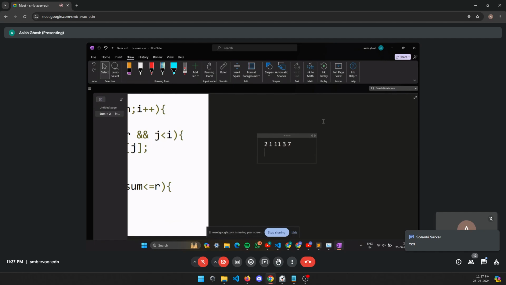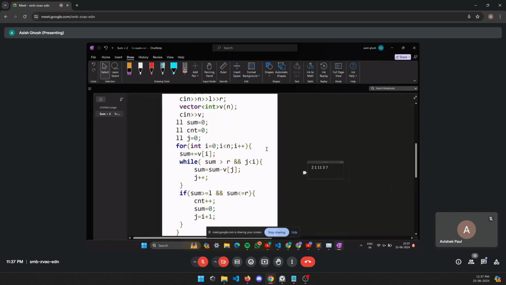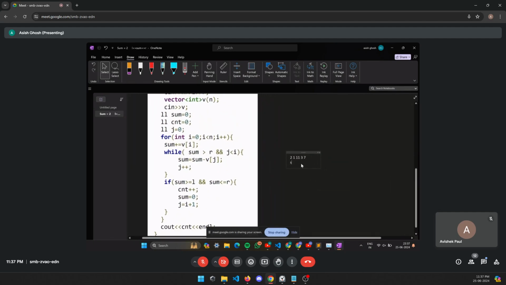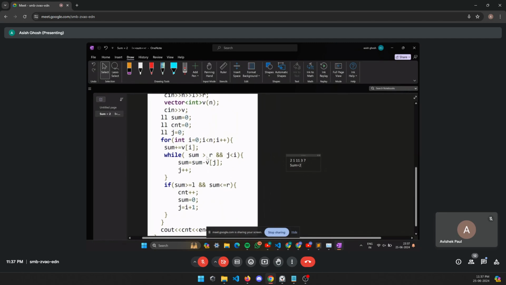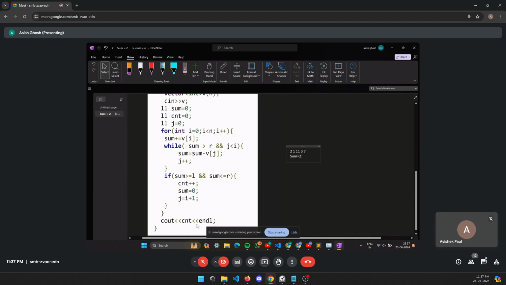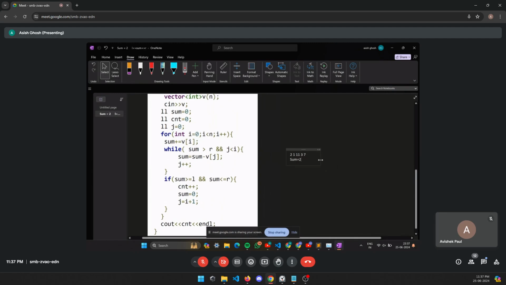ठीक है, तो देखो, मैं बता रहा हूँ फिर से। i equal to 0 है, उसके बाद j भी 0, और सम क्या हो जाएगा, सम इक्वल टू 2। और अगर ये 2 देखो तुम्हारा l से कम है, तो इसमें कोई कंडीशन नहीं है, फिर कंटिन्यू हो जाएगा, ऐड हो जाएगा फिर से। तो 1 ऐड हो गया, ये 3 हो गया। यहाँ पे तुम्हारा i देखो और j देखो, j इक्वल टू i+1 हो गया, मतलब तुम्हारा 0 1, तो यहाँ पे 2 हो गया।